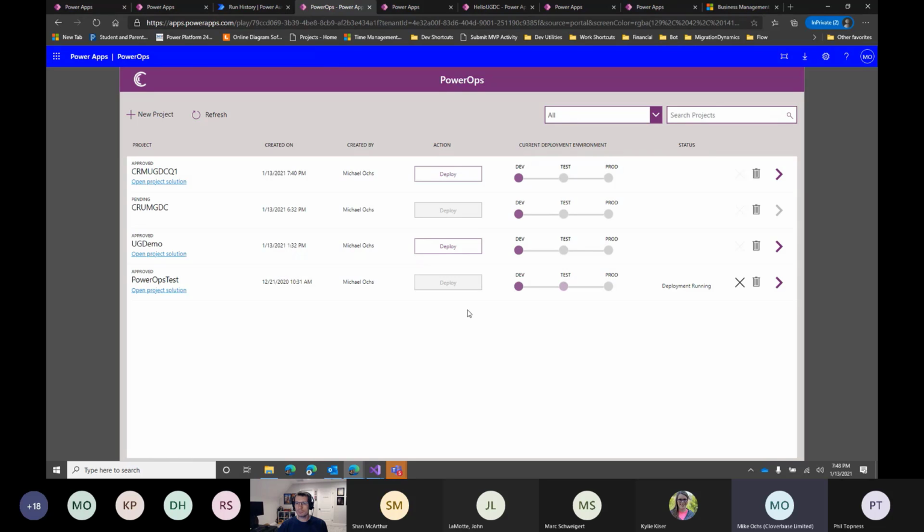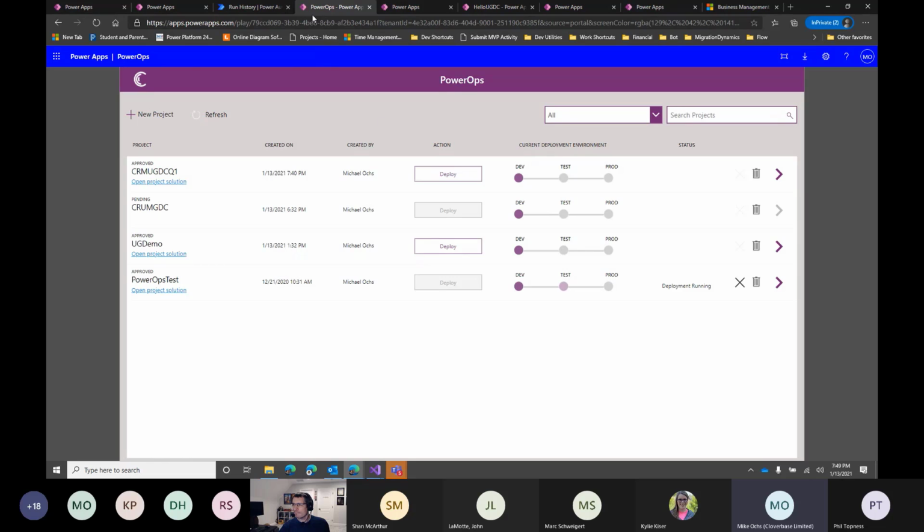The nice thing about this is when you create a project, it'll push out all your GitHub workflows to a GitHub repository. It will create an environment for you. It will create a new solution for you. The idea behind that is just to get you up and running and say, okay, I'm ready to build something. I want to be able to source control it and get it out to my environments. And it's as easy as saying new project, get that approved, start working, and then do the deployment.